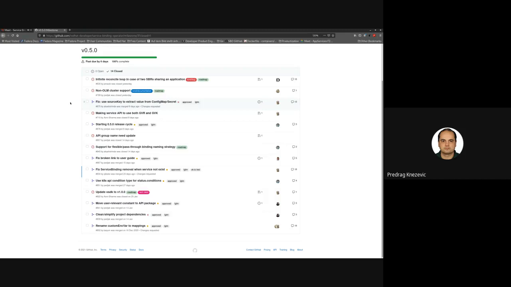Given this is a group API name change, there is also a strategy where you could support both group API names. The strategy would be to look at the cluster, look at the custom resource definition, and if you find a service binding which belongs to group A, then you can create requests with that group. Otherwise, you can create with another group. That would be a strategy if you want to support, say, the 0.4 operator and 0.5 operator versions. Yeah, okay, got it. Thank you.